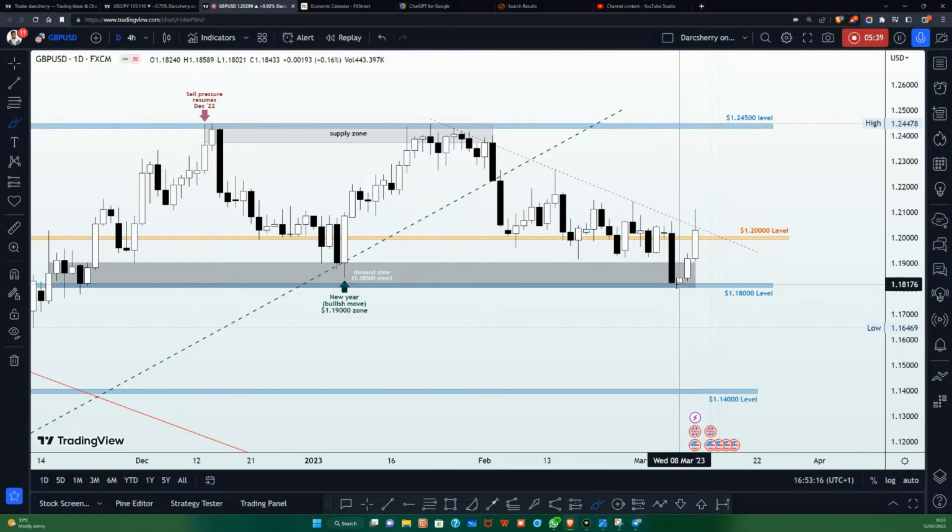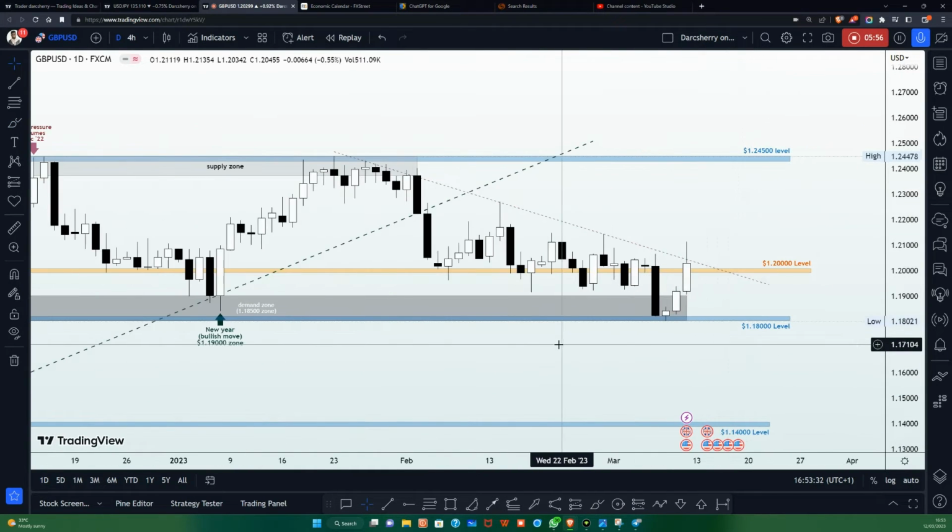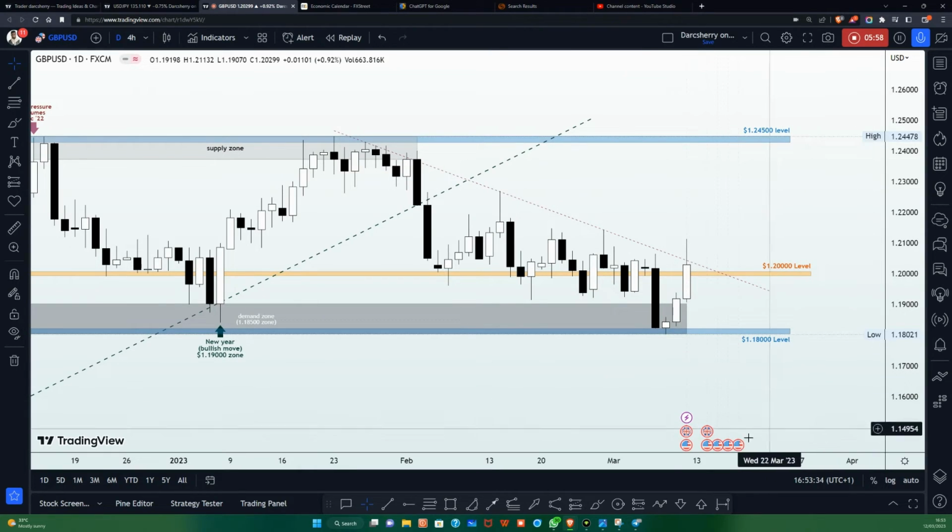And as soon as price got into the 1.1800 level, what did we see again? We started seeing another buy pressure. And we were also lucky enough to be part of that bullish momentum as we rode the move all the way back into the 1.200 area. And by the end of last week's trading session, we saw how price action came back to that level where